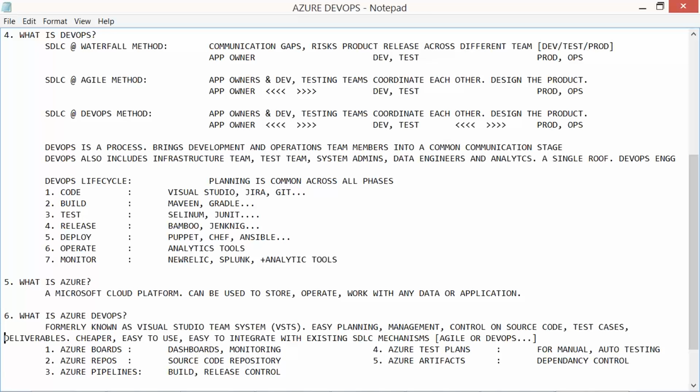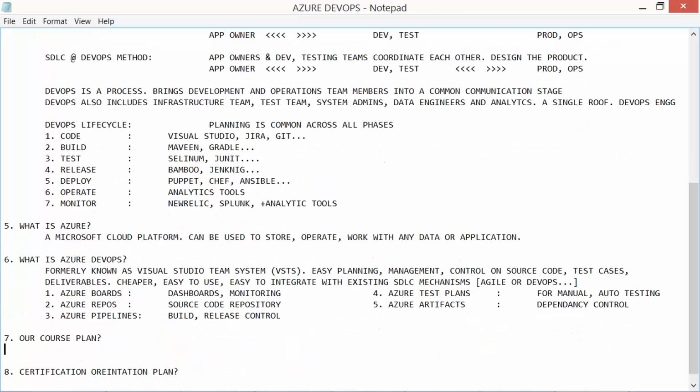With this, let's get into the final part, our course curriculum. Yes, coming to our course plan. It's completely in 3 different modules. Module 1, 6 hours. We'll start with the DevOps basics.